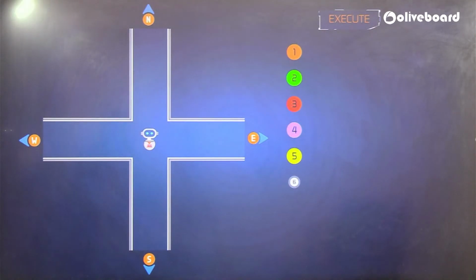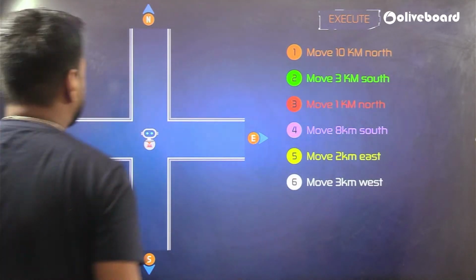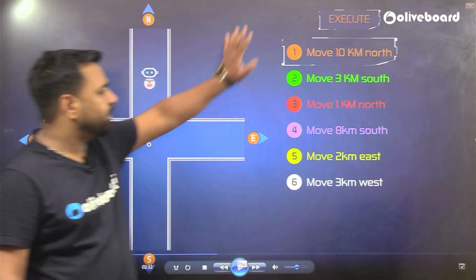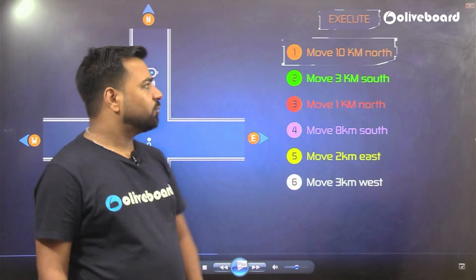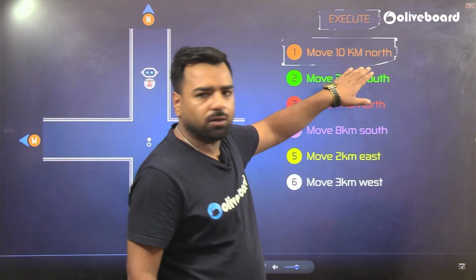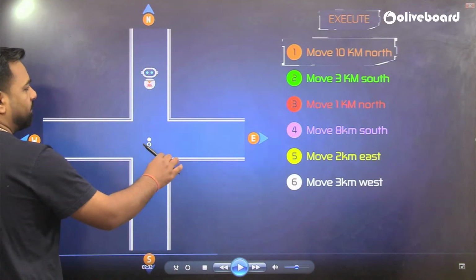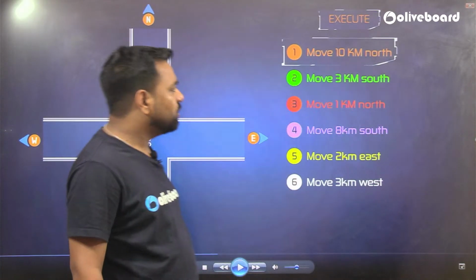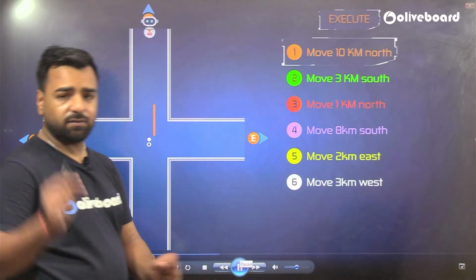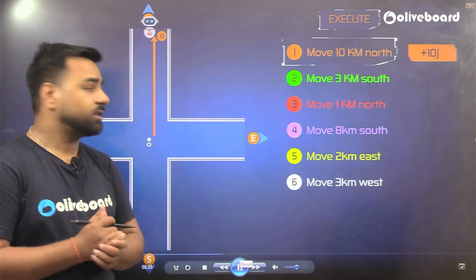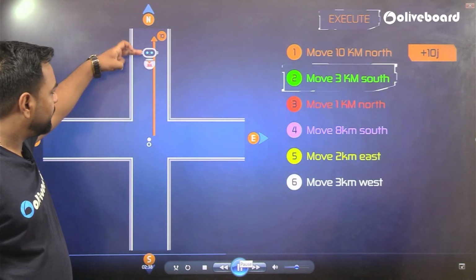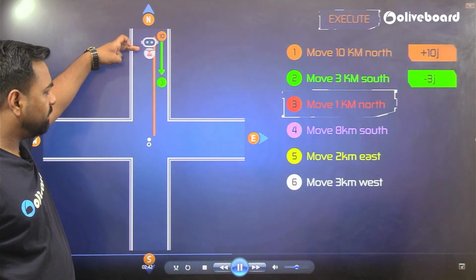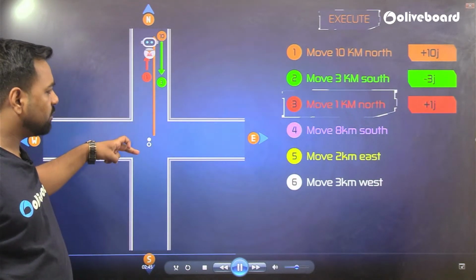Please check. Okay, fine. So proceeding further, guys, now I am giving commands to the robot, and the commands are mentioned here. I have asked the robot to please move 10 km in the north. Obviously, because of this command, it moves 10 kilometers in the north. The second command is you have to move 3 km in the south. Please watch this carefully. It is going to clear all your concepts. Okay. Now, moving 3 kilometers in the south, 1 kilometer in the north, so 1 kilometer up, then 8 kilometers in the south, so 8 kilometers downwards,